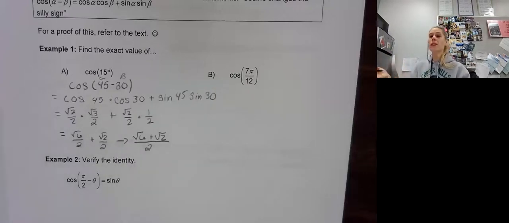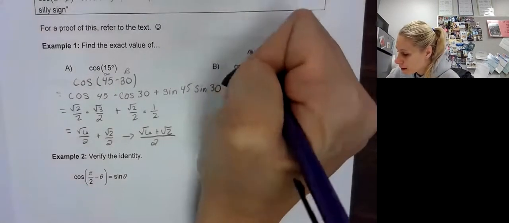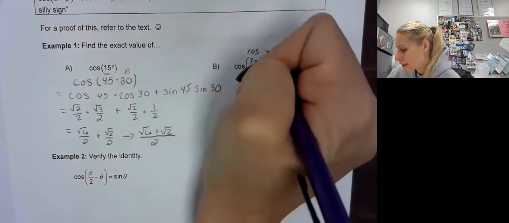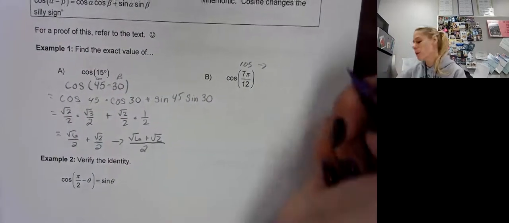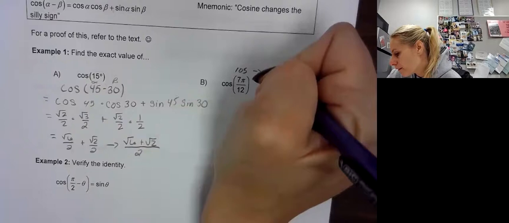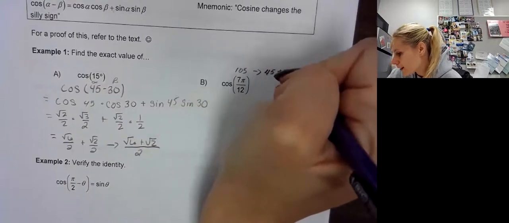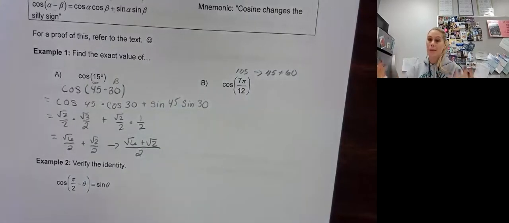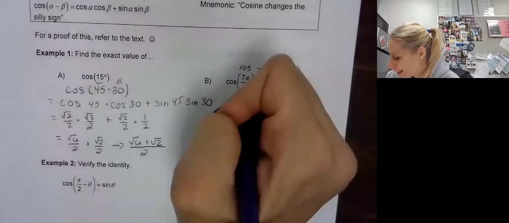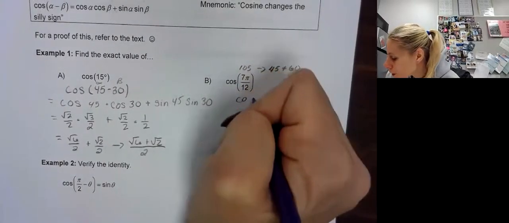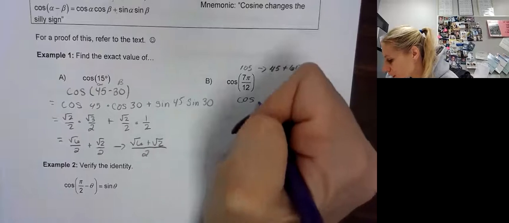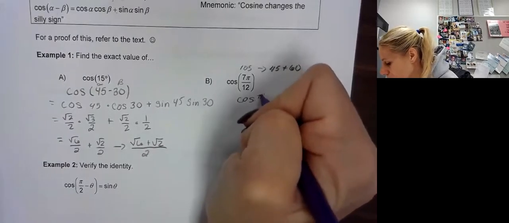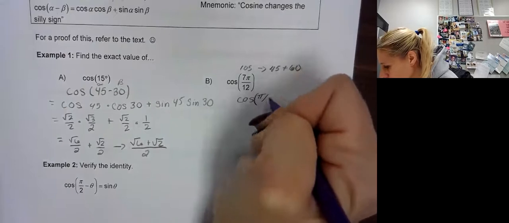But if we change this to degrees so I can obviously see what's going on, 7 times 180 divided by 12 comes out to 105. This allows me to see that, hey, to get to 105, I can do 45 plus 60. Now, yes, even though I'm using my degrees to see that calculation, I'm in radians. So I have to make sure that I'm looking at this in radians. So this is cosine of 45. So in other words, 45 is pi over 4